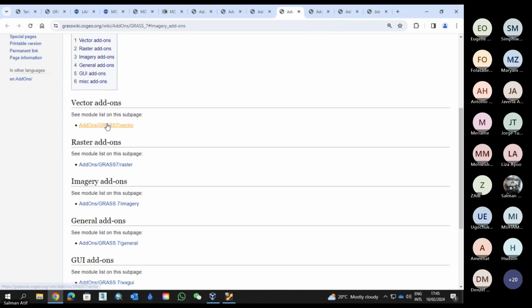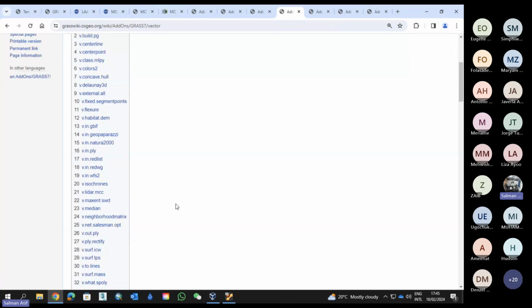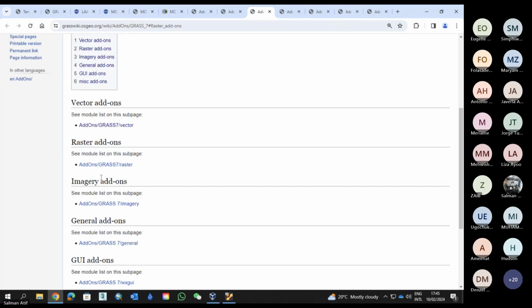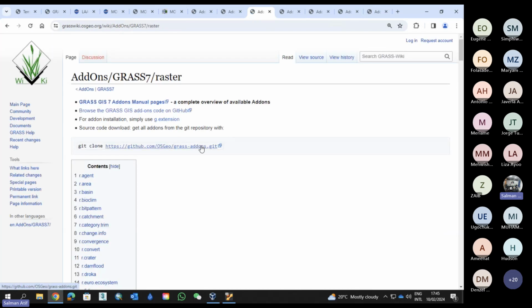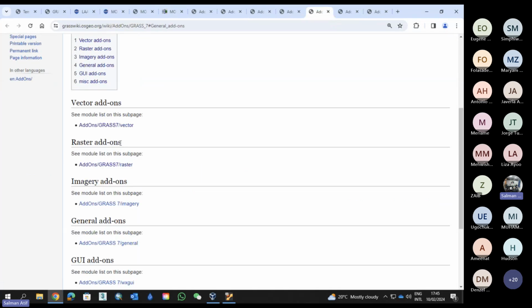So this is the vector add-ons. They are, in my opinion, very useful. These are the raster add-ons. There are far many. Then there are the imagery add-ons,